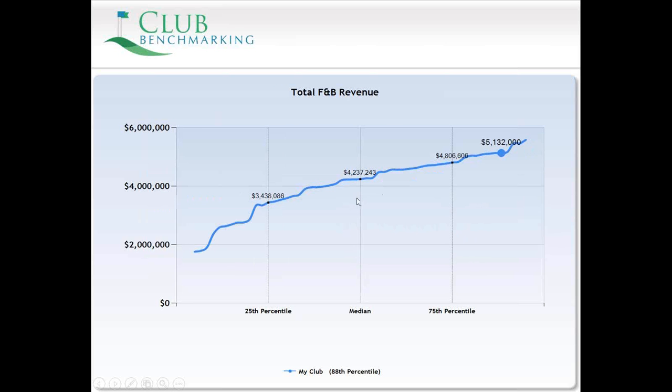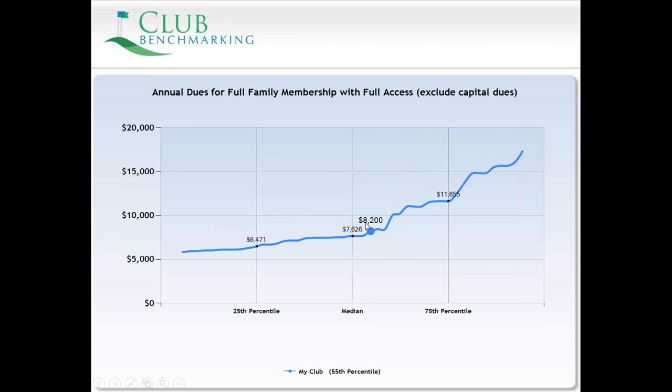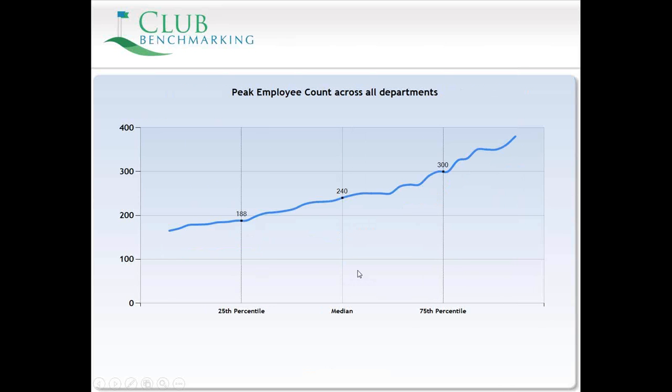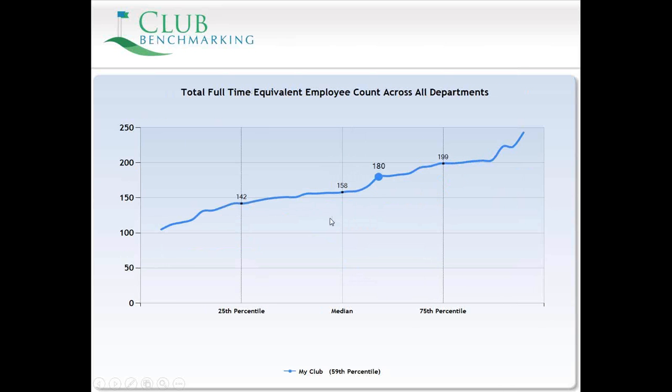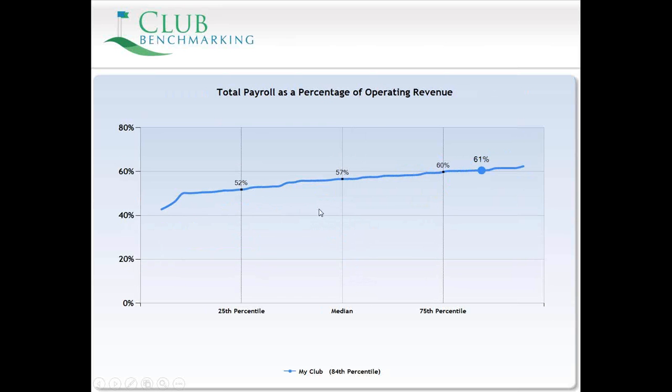As we go through the charts, we can look at how your club compares to other clubs in the various measures. And obviously this club has a very large food and beverage operation relative to other clubs at the median. The dues are approximately the same as other clubs at the median. And we go through a whole series of different measurements that